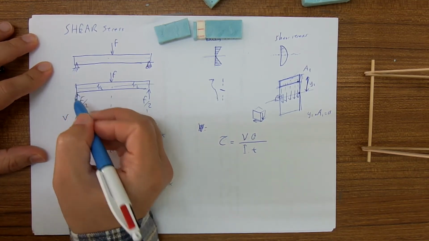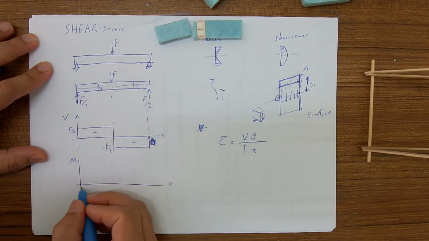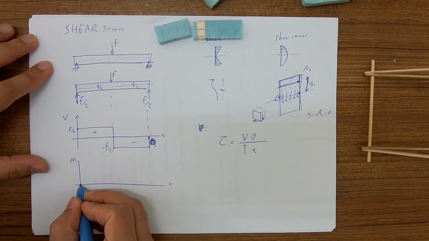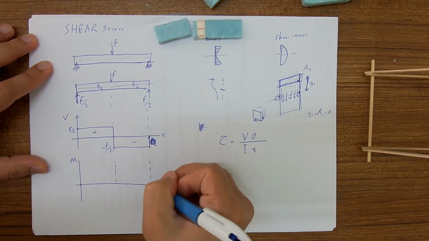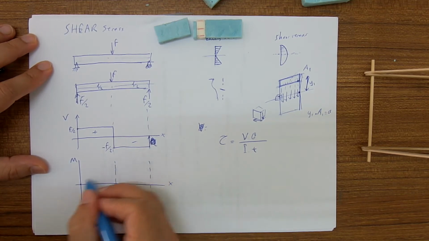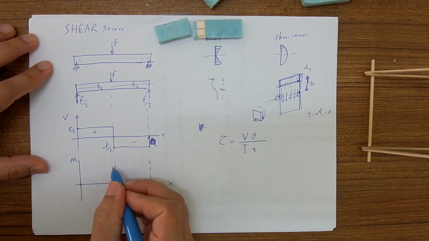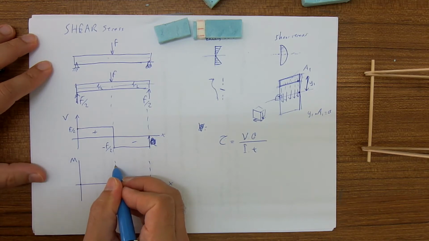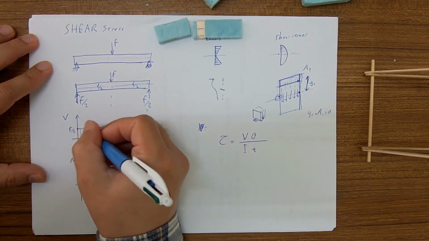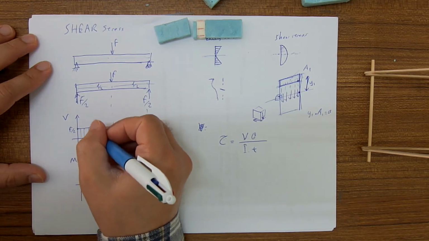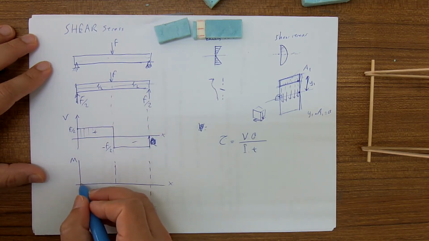So here you see that there is no external moment, therefore the internal moment will be 0 at the beginning, at the origin of the beam. If we plot the discontinuities, how will we go to the next discontinuity? We look at the shear diagram. It is constant, therefore the moment will be a slope. It will increase in the form of a slope,